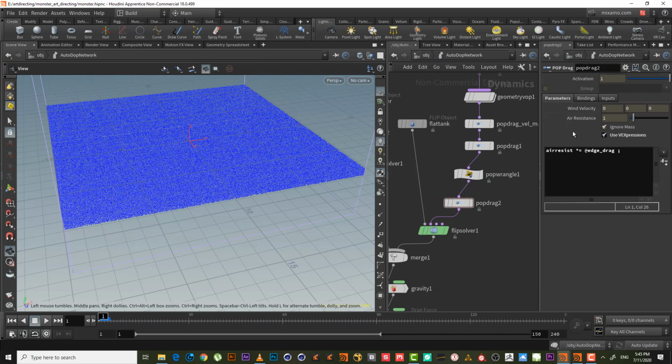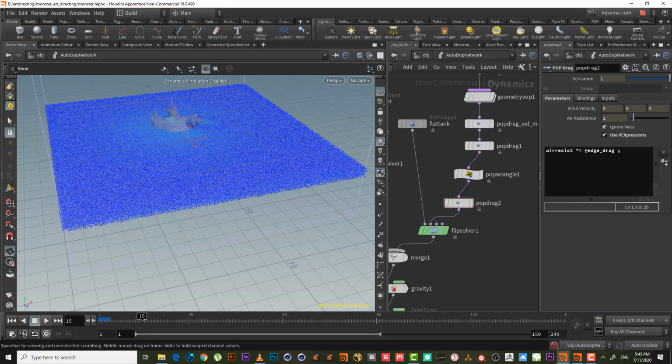When we control the activation, let's say, for example, if we want to make the drag force start from here, right? So we can type a code. We can say at